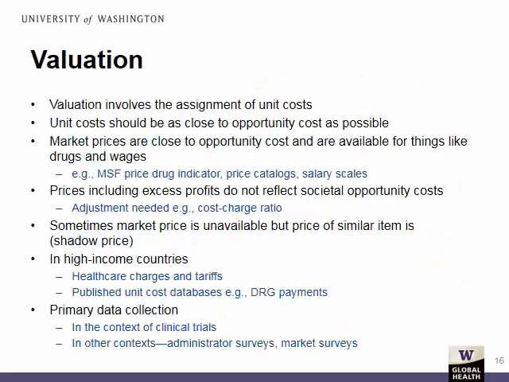Next, we go to valuation. It involves the assignment of unit costs, and unit costs should also be as close to opportunity cost as possible. When market prices are available, then this is a good thing because they approach opportunity cost, and you might find some of them in publicly available sources like the MSF drug price indicator. This should be drug price and not price drug indicator. Price catalogs in countries or salary scales,